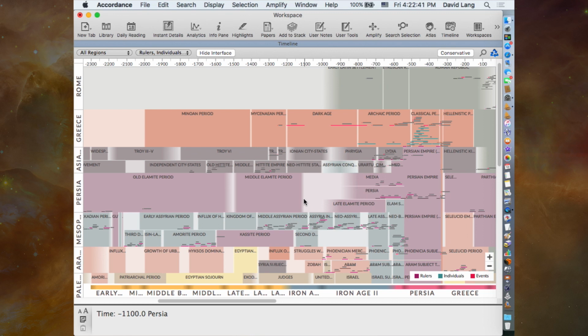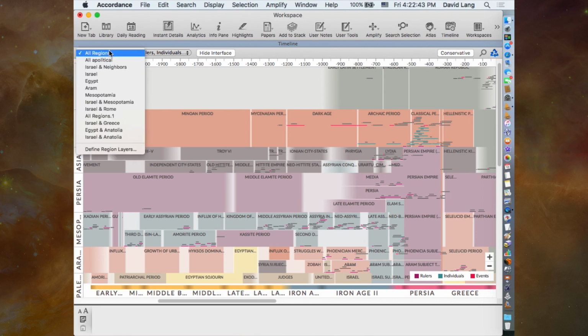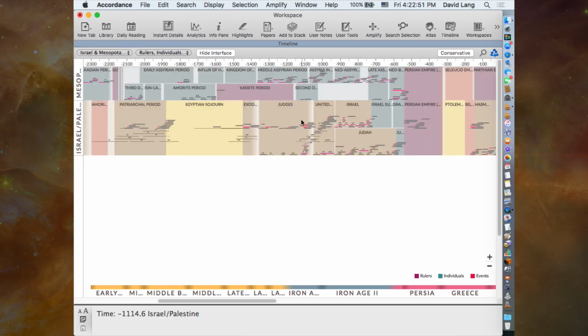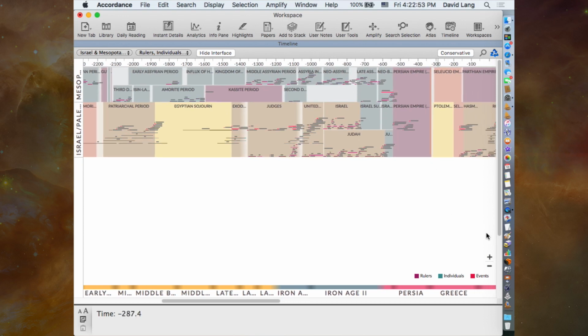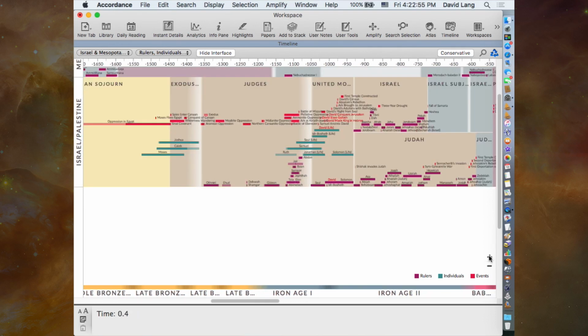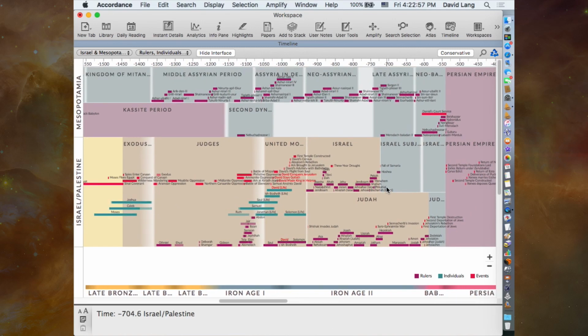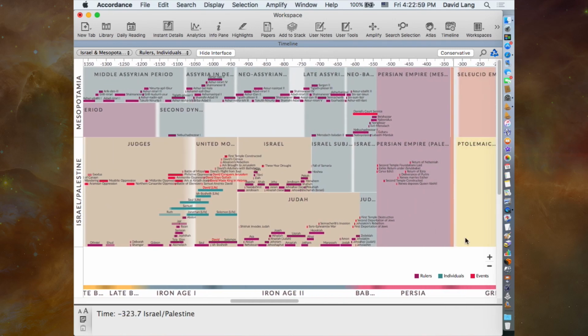And you can also specify what regions you want to see. And you can customize this. So I can do all regions. I can do, say, Israel and Mesopotamia, if I want to compare, well, who are the kings in Israel at a particular time? Well,